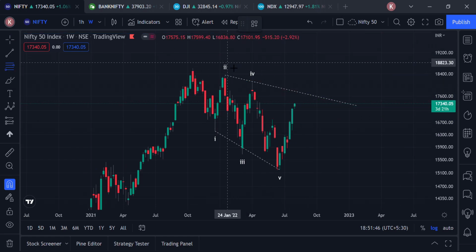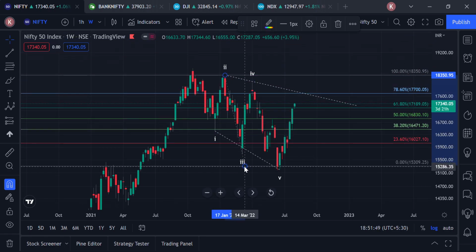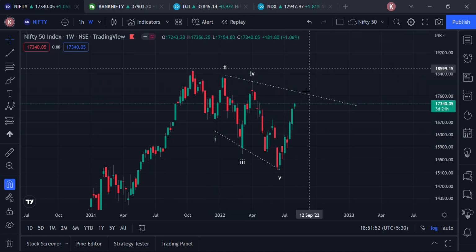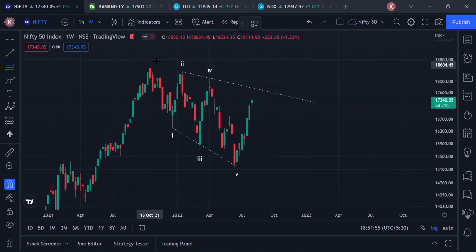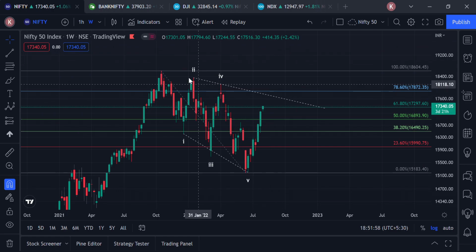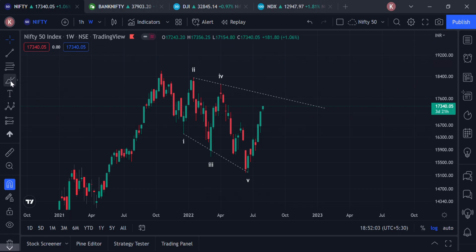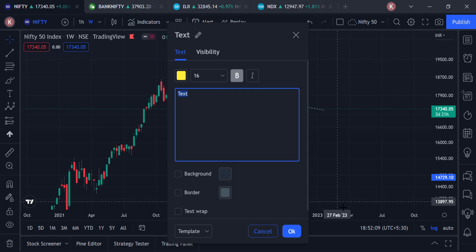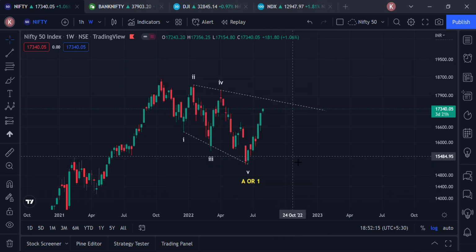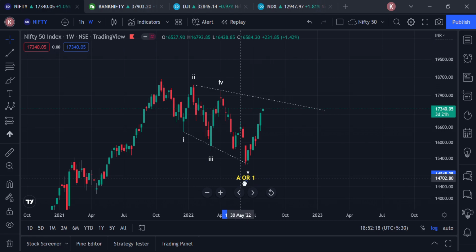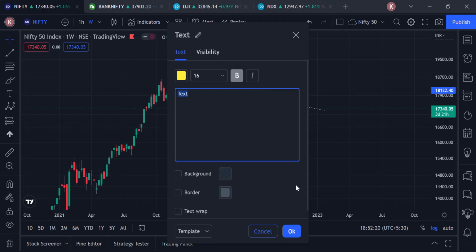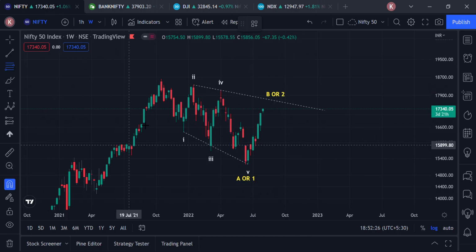We'll check for wave 4. That was also 78.6%. So what I'm expecting is this can easily be yes. This entire trend, if I consider this as a 1 or A, I'll write it down for you guys so that it will be easy to understand. This major low is A or 1, okay, and this pullback which we see is B or 2. And what could be the possible targets for Nifty to reach is